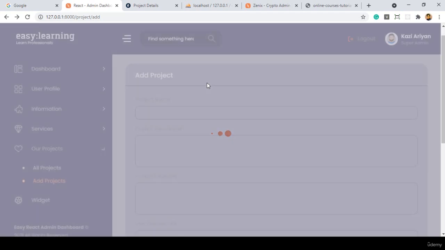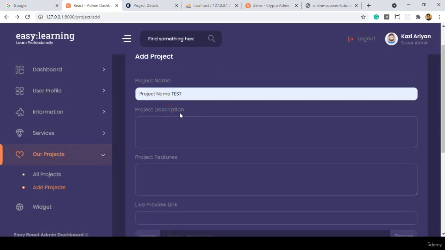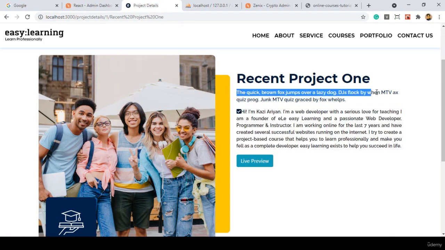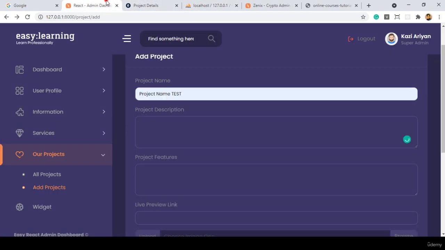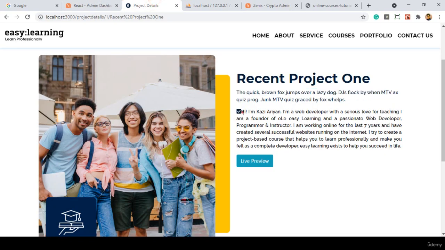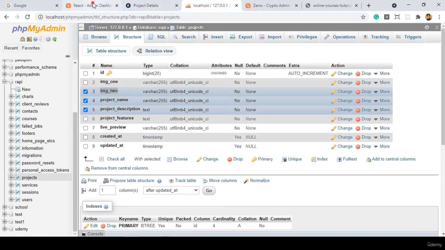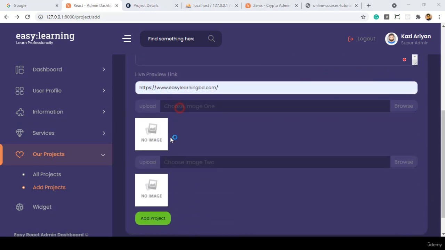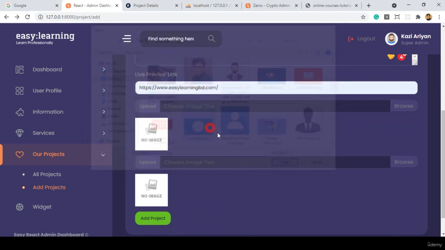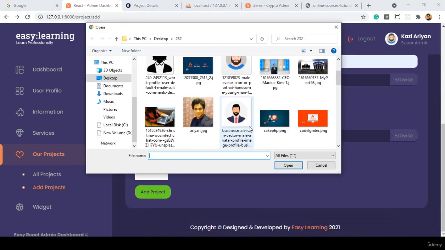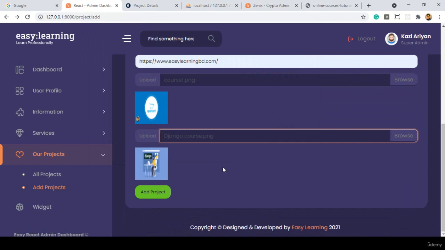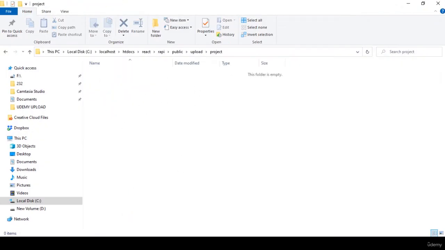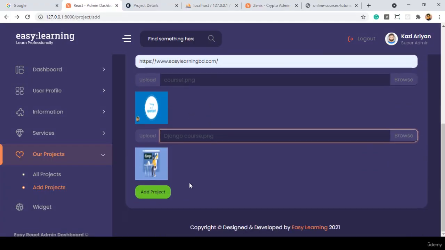So now I refresh it again, and then our project name, I make it as project name test. Put some of the description, like this type of one of the description. Okay, I copy this description, and then I copy some of the details. I copy it, and then here that will be the project features, and then the link, and then I choose one of the image 1. I choose this one. Image 2, I choose this one. Okay, perfect. And also I want to check whether any images are saved or not. No, there are no images inserted. Now if you click add project,